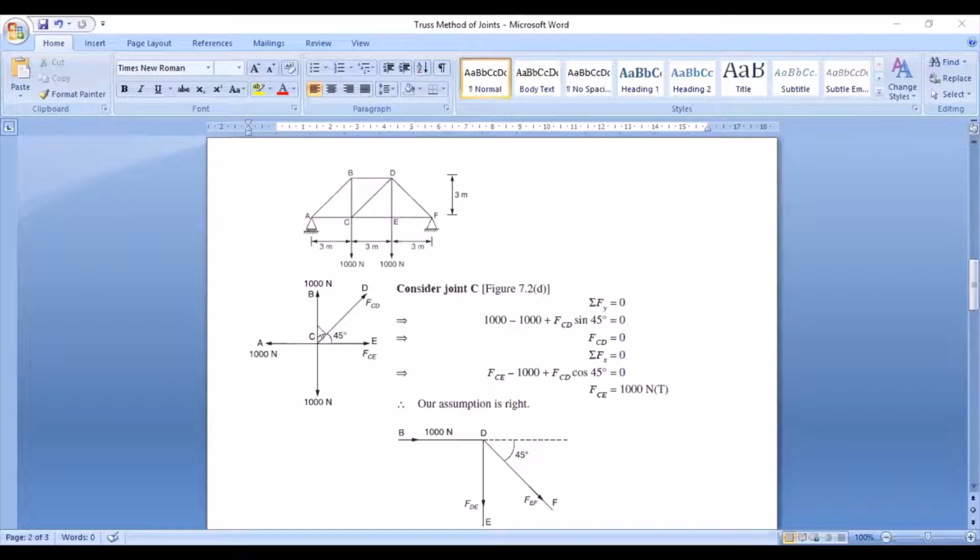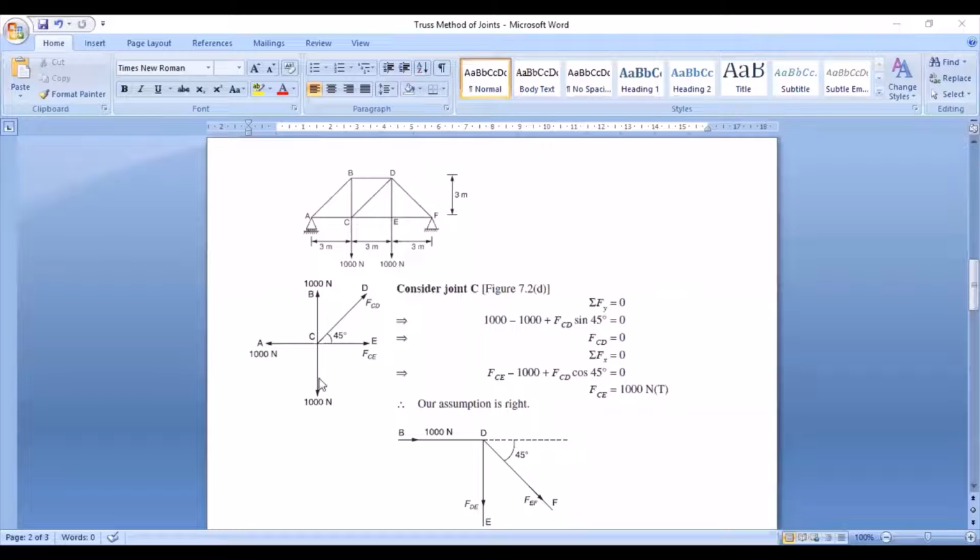Now total how many vertical? 1, 2 vertical component, 3. 1, 2 horizontal component. Okay. So 3 vertical and 3 horizontal component you have. Now apply equations of equilibrium. And you will calculate the unknown. So first let us apply sigma Fy.